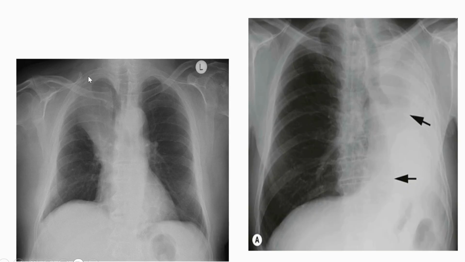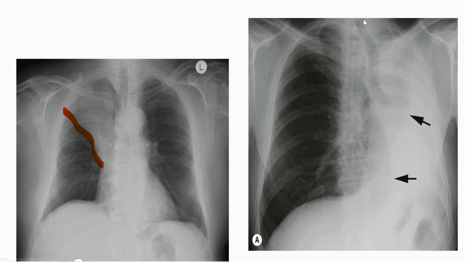In this image, we can see radio opacity in the right middle and upper zone, upward pulling of the right horizontal fissure, and tracheal shift to the right side. And there is slight crowding of the upper ribs on the right side. This suggests right upper lobe collapse. Because of the lobar collapse, there is no significant mediastinal or heart shift.